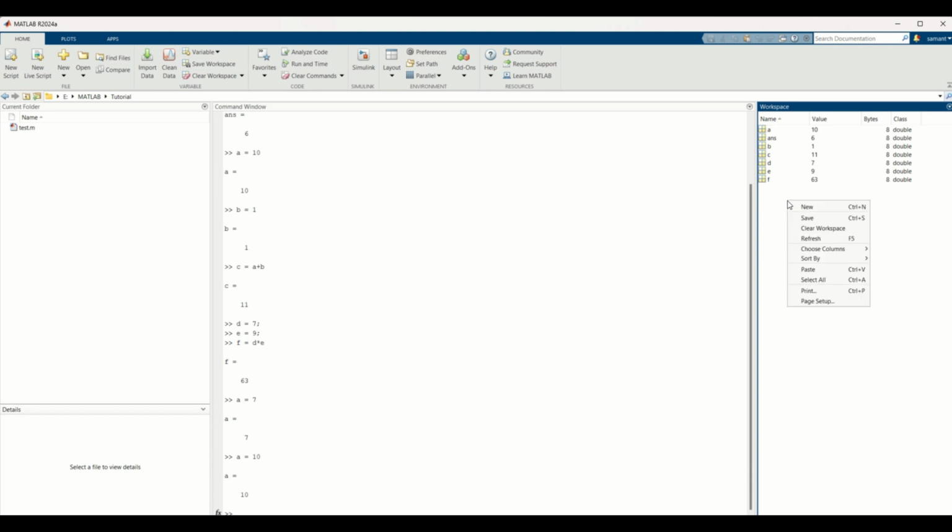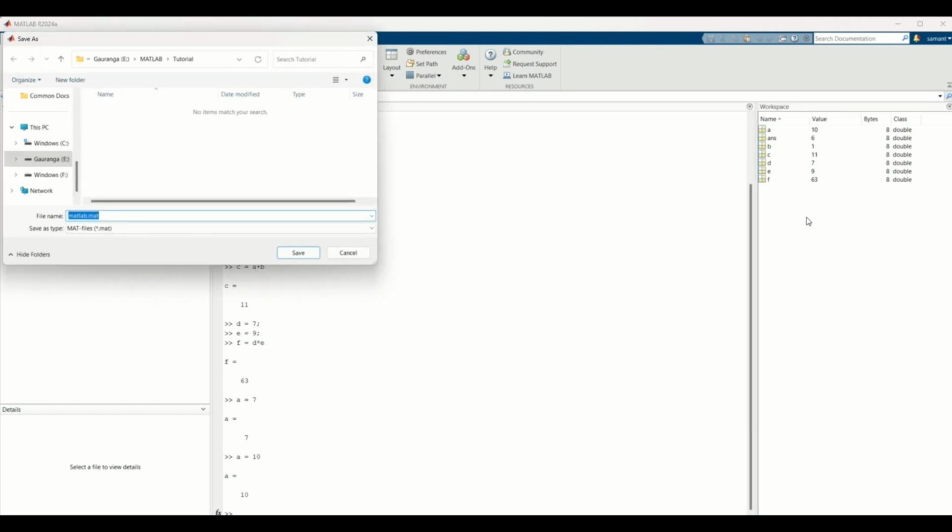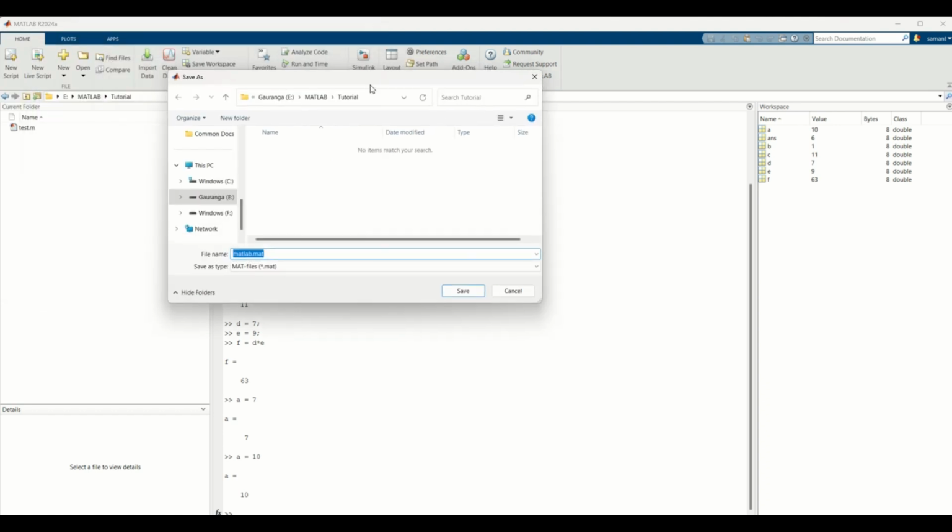In order to save the workspace variables, what I'll do is right click on my workspace and click save. It will open the current folder path, and it will ask me to type the name of the file in which I want to save those workspace variables.